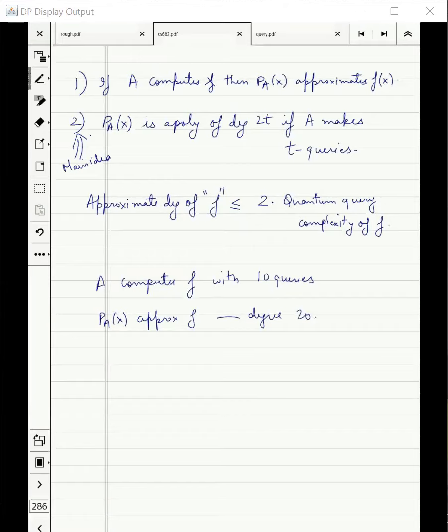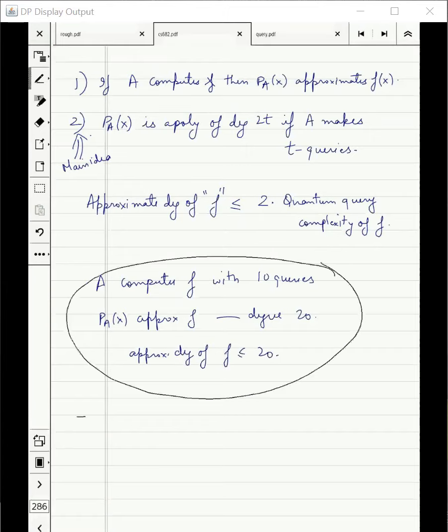And that means approximate degree of F is at most 20. This is an example, but the theorem which you get is that